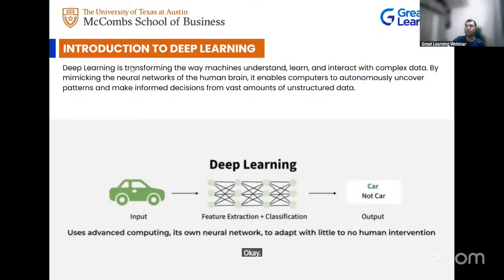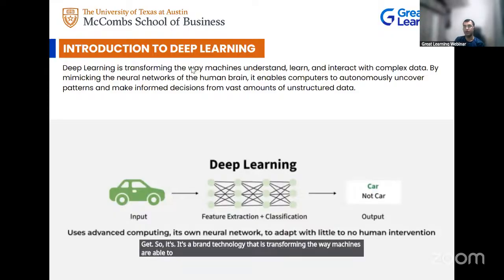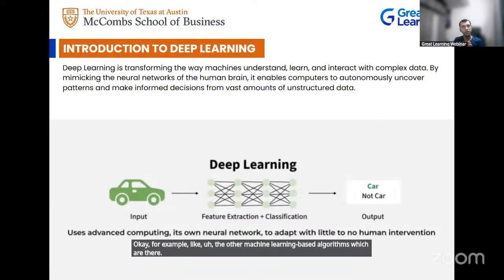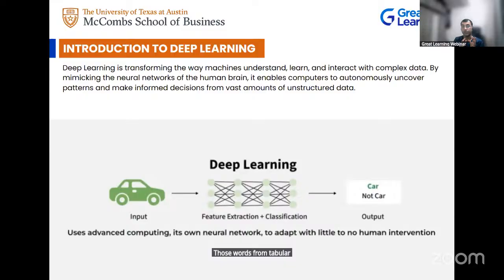So it's a technology that is transforming the way machines are able to understand, learn, and interact with complex data. Before deep learning, we were mostly limited to tabular or structured data. Other machine learning based algorithms work on tabular or structured data, but they can't work on complex images or text-based data.